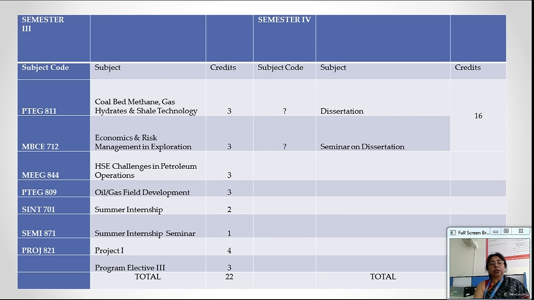For the summer internship, during the third semester, you go to different industries for 6 weeks and complete your internship there. When you come back, you have to submit your work through a presentation and a hard copy. You get credit for that.